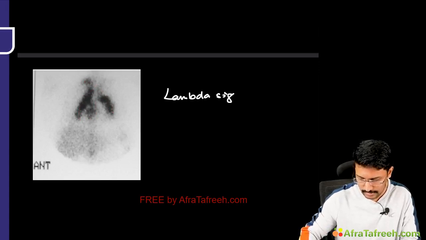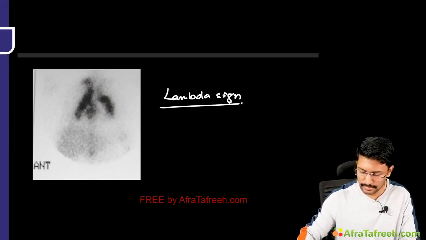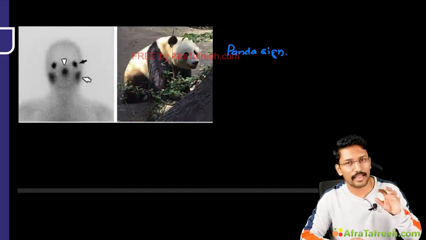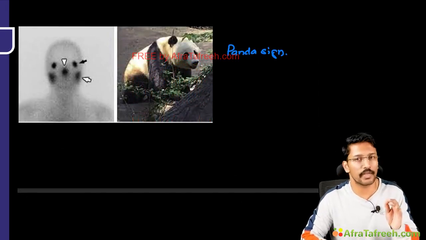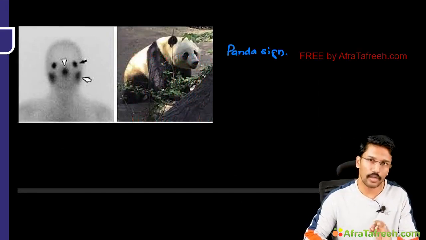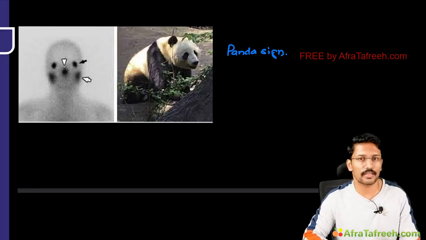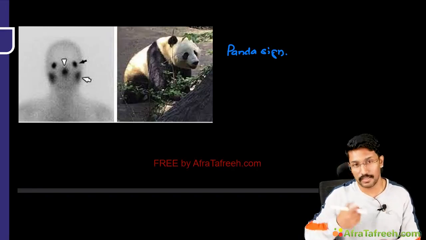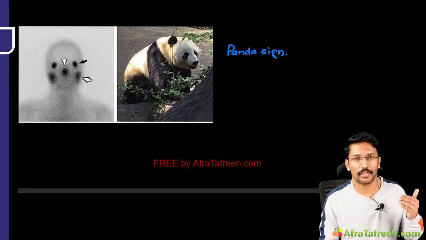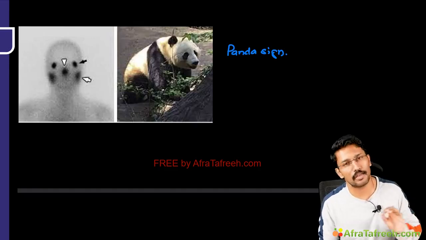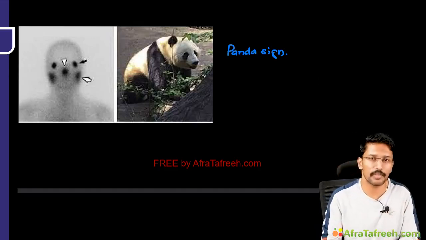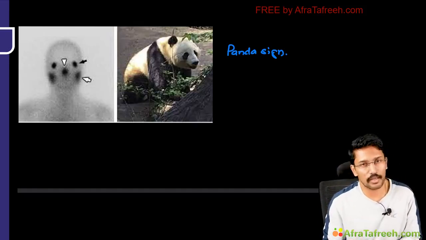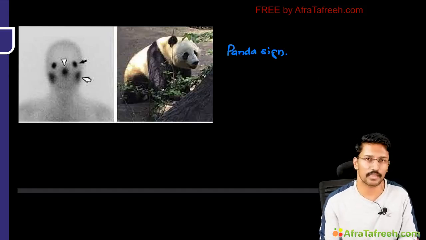the lambda sign. Okay. Now both these signs are considered typical radiological findings of sarcoidosis, and they can be used for the diagnosis, especially when biopsy of the affected organ is not feasible, right? You can also consider cardiac MRI for the imaging findings if cardiac sarcoidosis is the presenting feature and you don't have strong evidence of lung involvement. Lung involvement is seen in more than 90% of patients, but sometimes the remaining 10% might present with skin or cardiac or neurosarcoid. In those cases, cardiac MRI, or cardiac PET, can also be considered for the